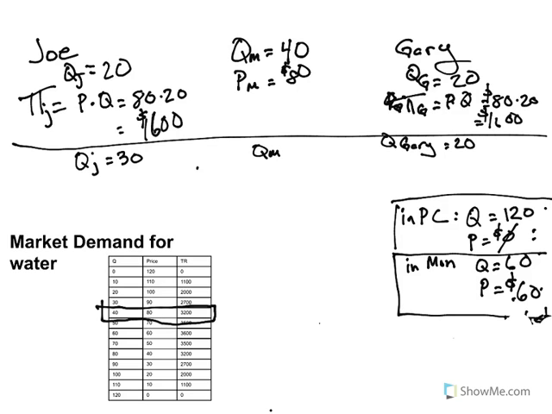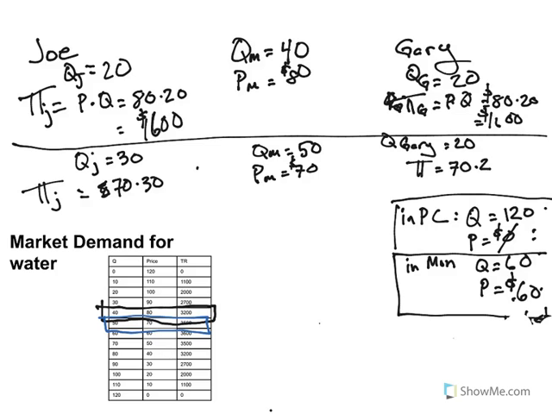So now our market quantity is 50 gallons. So let's take a look at that. That yields a price of $70. So our market price is now $70. Let's see how our guys fared. So Joe's profit is 70 times 30. Gary's profit is 70 times 20. So how did Joe do? Well, he did a lot better. He made more money, but Gary